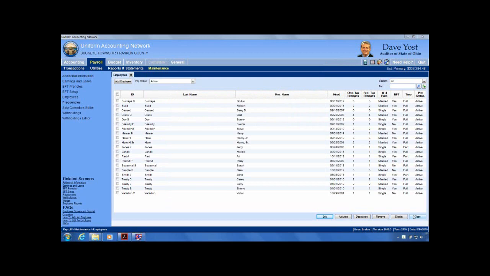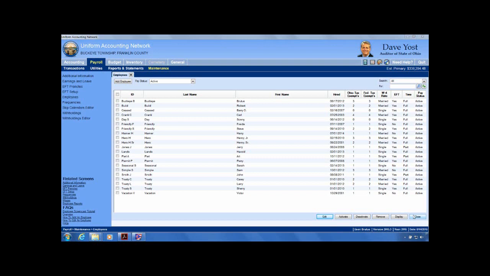Okay, so the rest of this is going to be on leave and how it relates to the employee. We're talking sick leave, vacation leave, personal leave, any type of leave benefit, and how you can reconstruct that if you've got a lot of extras carried over from the old software. So if you're one of those entities that has no leave benefits, none whatsoever for employees, then you could probably stop the video at this point, because you've watched everything applicable to you. So for those who do have leave,